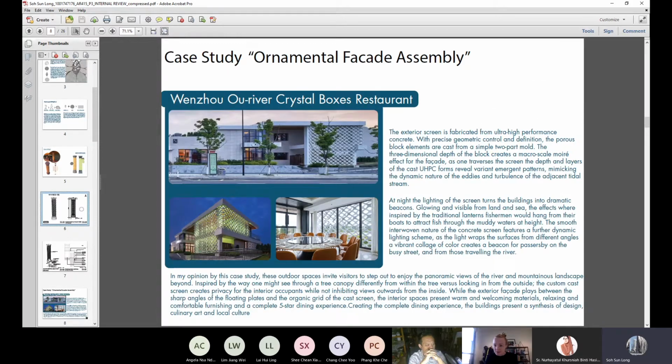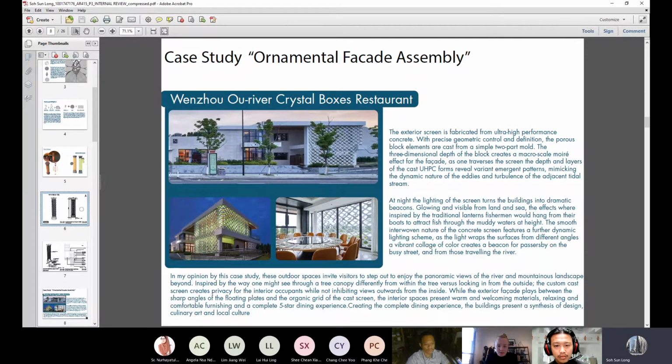And also coming to project 2, which is a case study of the ornament facade and the city. I found the Wenzhou Old River Crystal Boss restaurant as my case study to design and link to my ornament language of the first project.